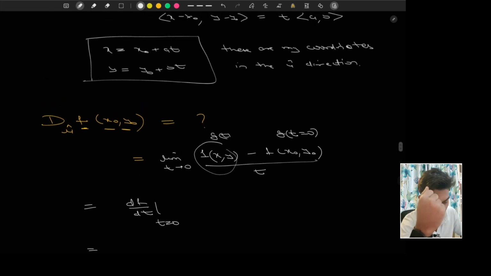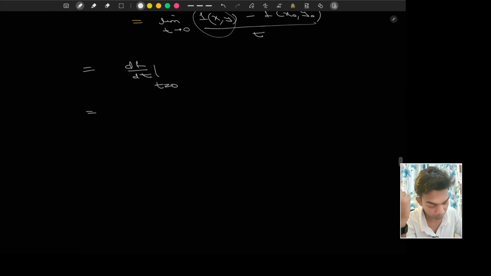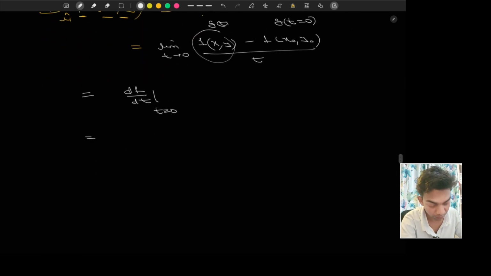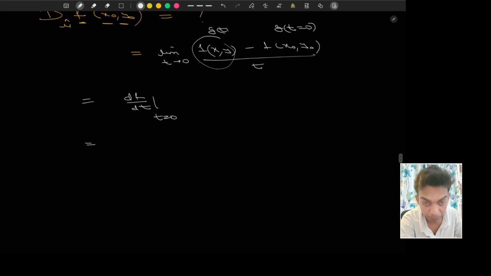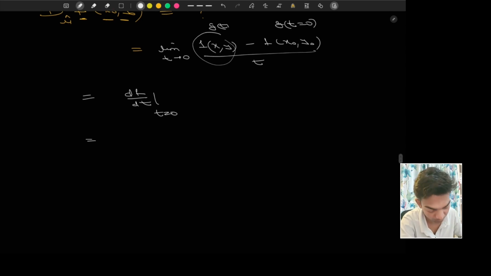Because at t is equal to 0, your x is equal to x0 and y is equal to y0. So this is why I have written it as d some df by dt. You can write it dg by dt also. Okay, so this, by chain rule, it is nothing but df by dx at x is equal to x0. Sorry, so this would be